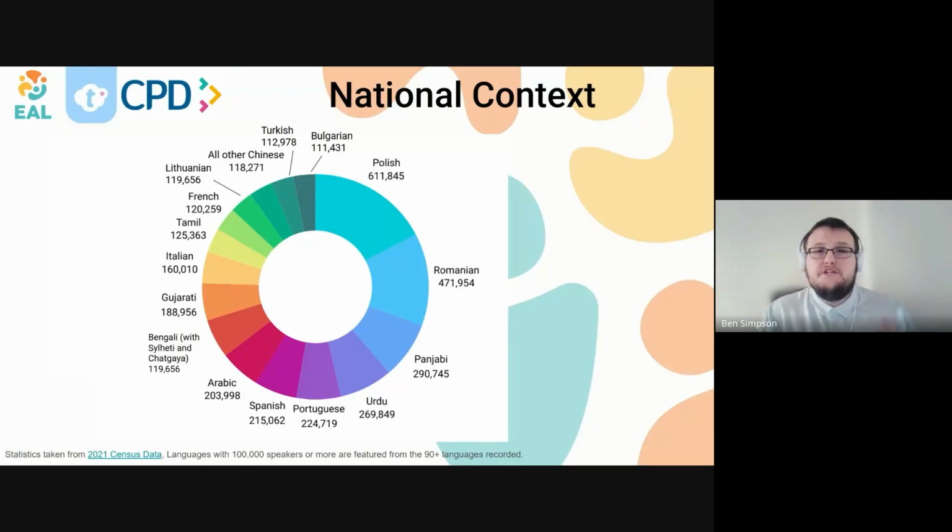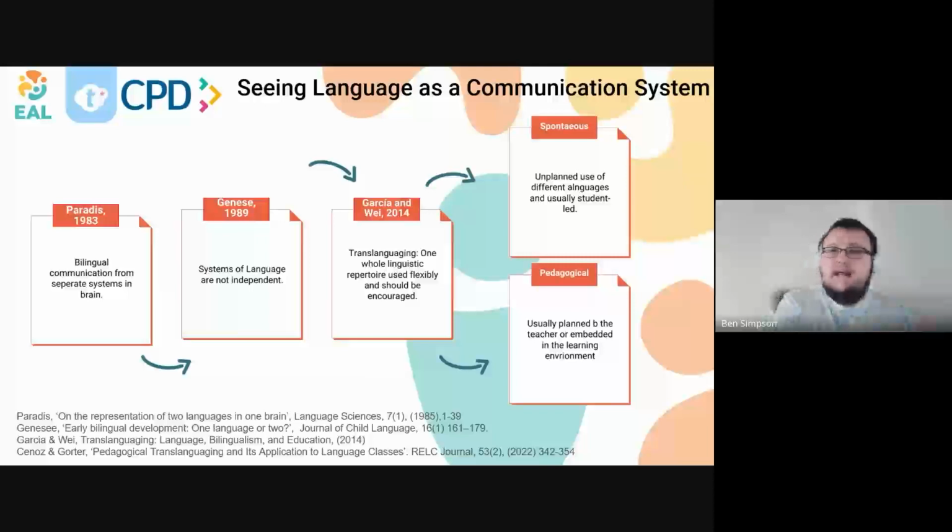So we just have to take that into account, that each individual school and each individual school community can have diverse contexts, as you all pointed out. But that's a little bit about the national context. There were, I think, 99 plus languages recorded in the national census in England. And I don't even think the census captures that amount of linguistic diversity. So we'll have a look then at how this connects to translanguaging. Where does translanguaging fit into this lovely multilingual context?